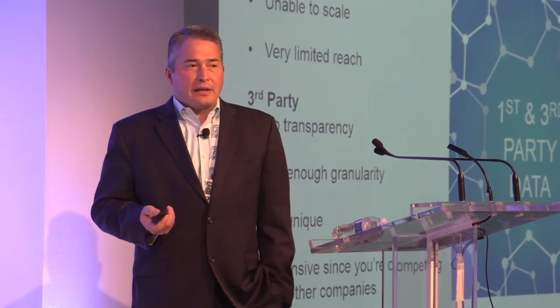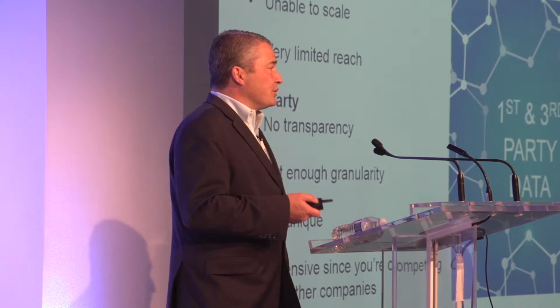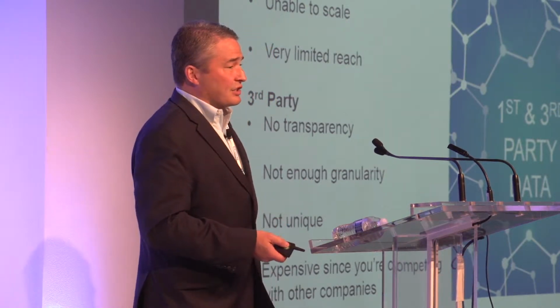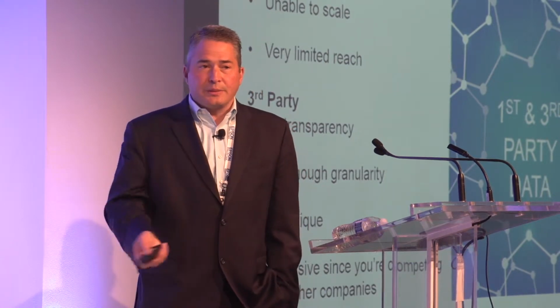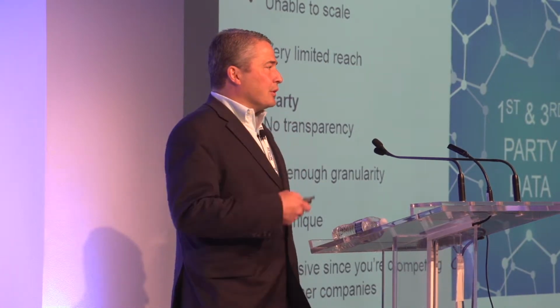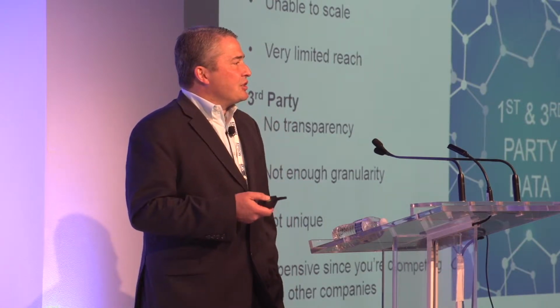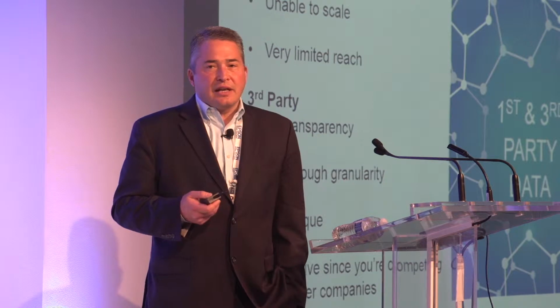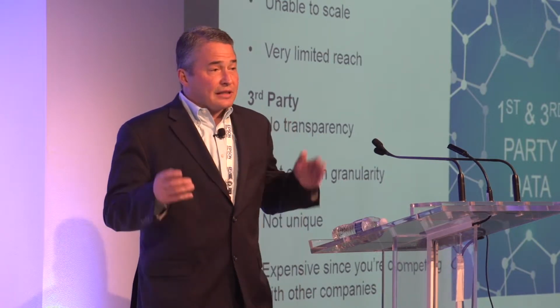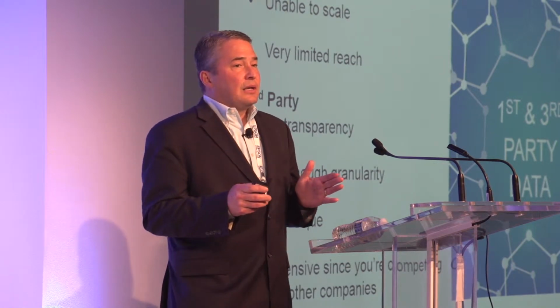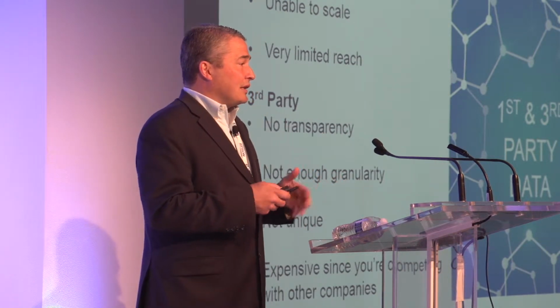Now, there's problems with that. They're both good. You should, as advertisers, be using both first-party data to target your own customers and third-party data to go out and find customers who maybe fall into a particular category, like new moms or new home shoppers or car buyers, things like that. But there are issues. The issue with first-party data is scale and reach. What do I mean by scale and reach? It means that if you keep talking to your same customer over and over again, number one, it's a limited base of people that you can speak to. And then from a reach perspective, you're only talking to the same customers.